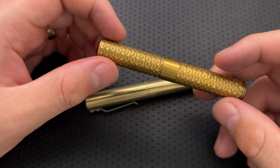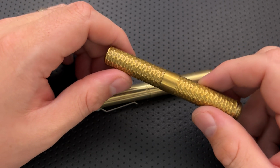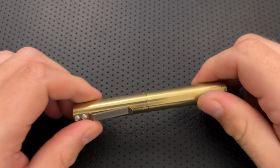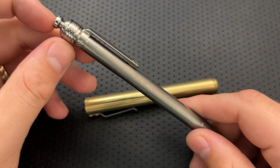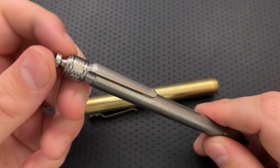This machining pattern is incredibly intricate. It's very unique. You can hand this to somebody and they're going to be like, oh, wow, that's really cool. Whereas this, they're going to be like, oh, wow, that's a cylinder of brass. And that's cool. It just may not be what everyone's looking for. And it doesn't have the same level of complexity as some other options out there. Like the Grimsmo Saga is a very complex pen with a very fancy, complex collar mechanism on the very top there,